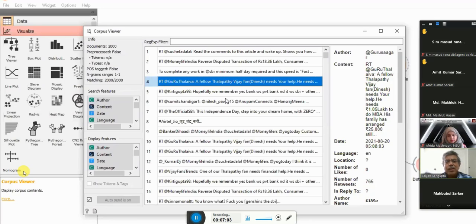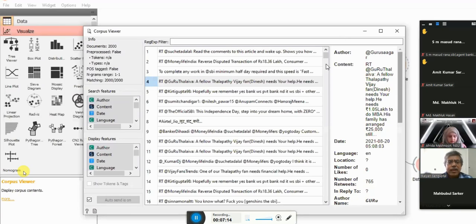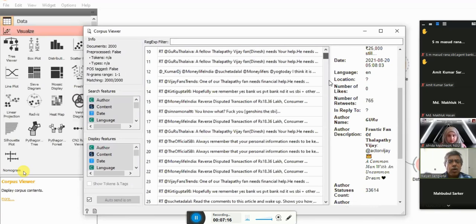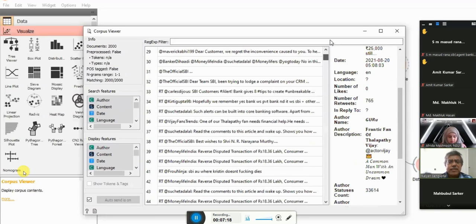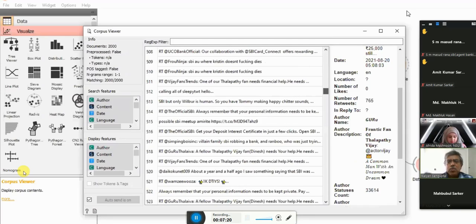So we can see what they have written this way. Probably you know that 2000 tweets are there, and all of these you can see from the viewer. So this is very simple and easy. I don't think there is any problem.